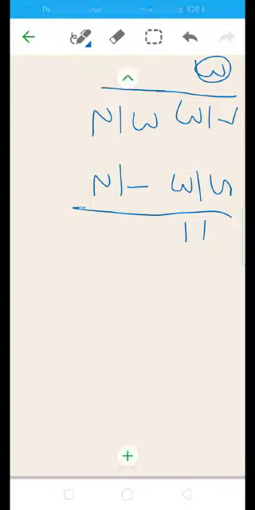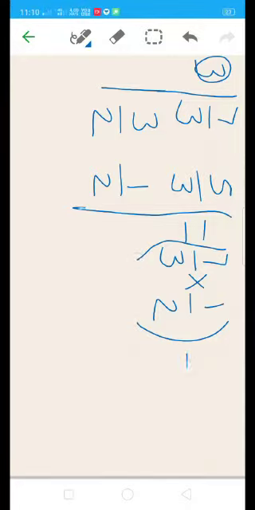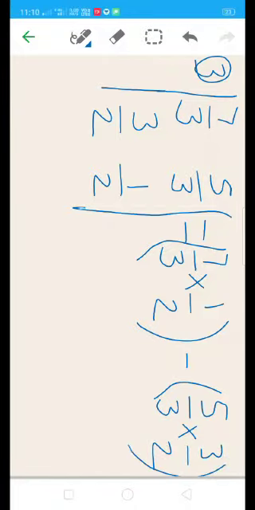What do we have to do? We multiply this first number with this last number, means 7 upon 3 multiplied by 1 upon 2, minus 5 upon 3 multiplied by 3 upon 2. What will we get? 7 multiplied by 1 is 7. 3 multiplied by 2, 3 twos are 6.